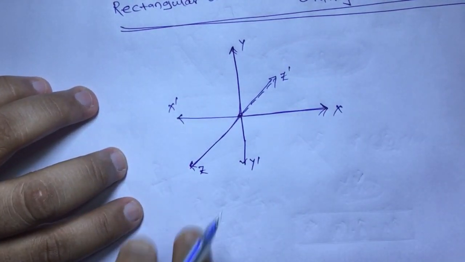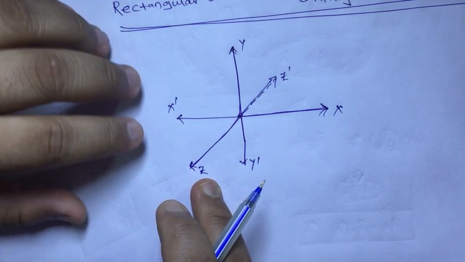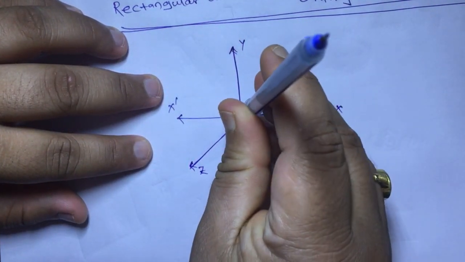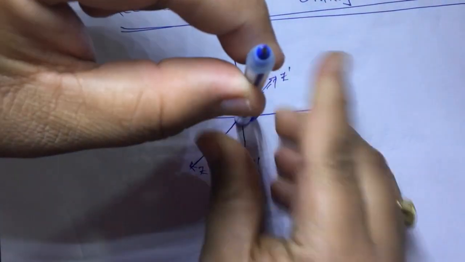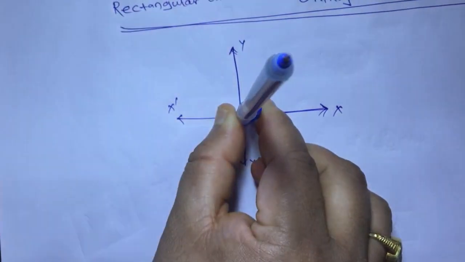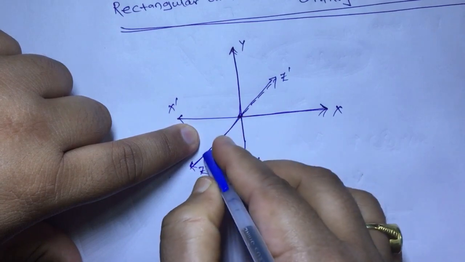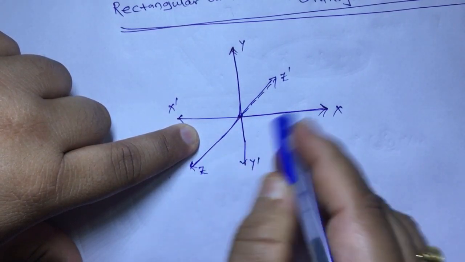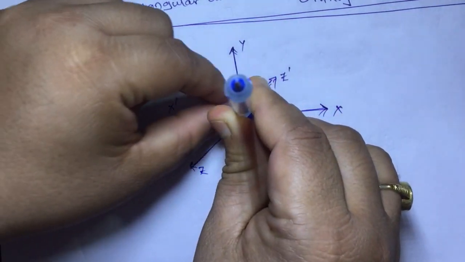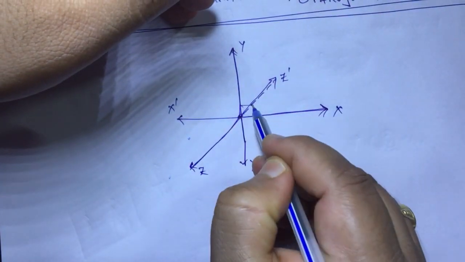Now, those who do not know about the z axis, you must know, but let me give you just one line here. x and y are like this, z is actually not like this. Remember that the z vector is perpendicular to the x axis and also to the y axis. This is the z axis actually, but I cannot draw it on the paper. That is why we have drawn it like this. It does not mean that the z vector is along this direction. This is x vector, this is y vector and this is z vector. Remember. And what is the angle between x and y? Obviously, x and y have an angle of 90 degrees.